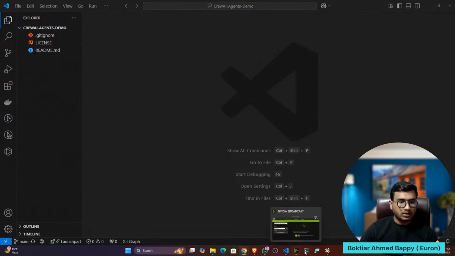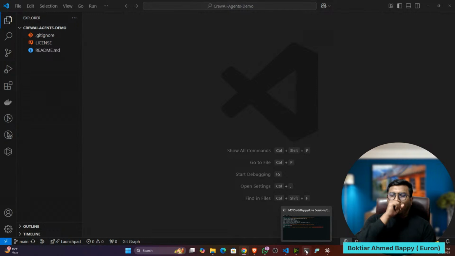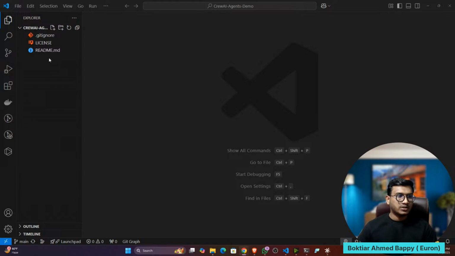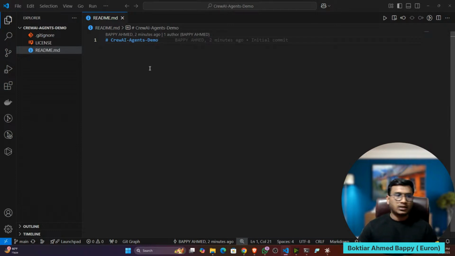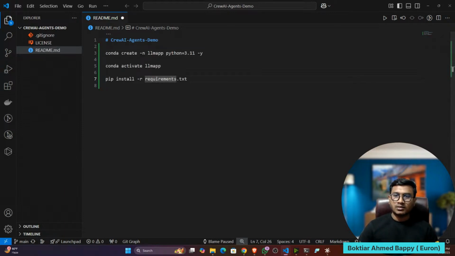Then the next thing we have to do is the project setup. To do the project setup, you just need to follow some commands. So let me share the commands with you. First of all, you have to create the environment, then activate it, then install the requirements. These three commands you have to execute.